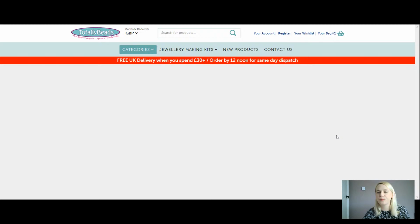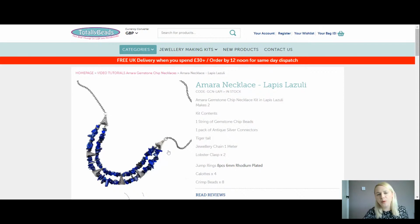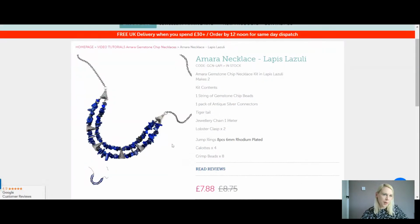And we have the Lapis. Wow, the Lapis is a gorgeous, gorgeous deep blue. If you're ever not too sure whether you've got a Lapis or you've got a Sodalite, Lapis has little pyrite kind of gold inclusions running through it as well. So that is your beautiful blue Lapis, and that is